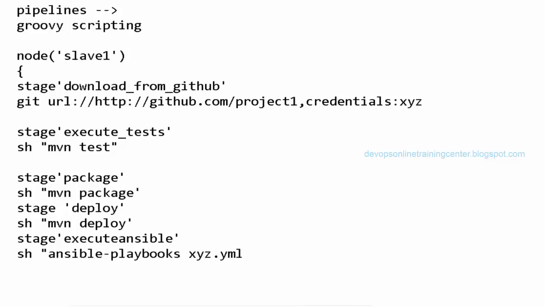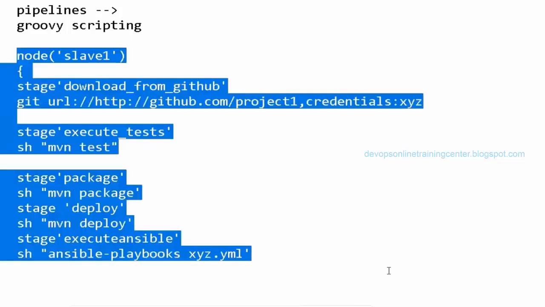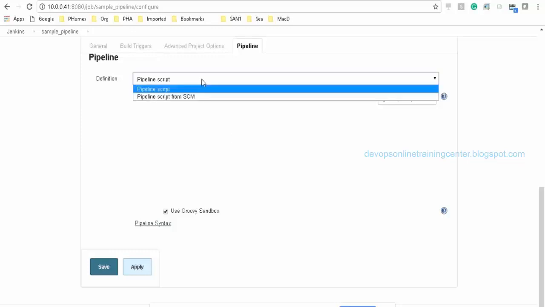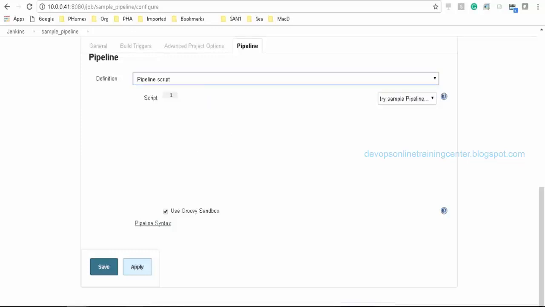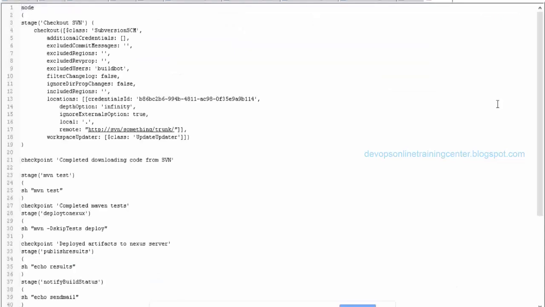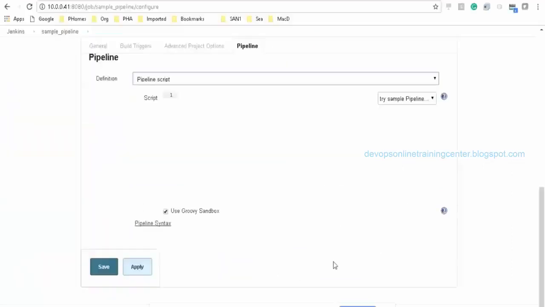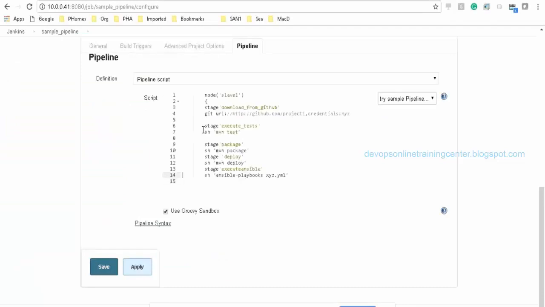So this is pipeline code. If I use this code, that's all. I don't have to do anything. I simply paste this code here and it gets executed, right? This is pipeline script. So for example, I'll execute something just to show how a pipeline looks. This is not actually the exact code, but okay, we'll execute this only. Don't worry, I'll explain this again tomorrow. So just a kind of heads up for you.